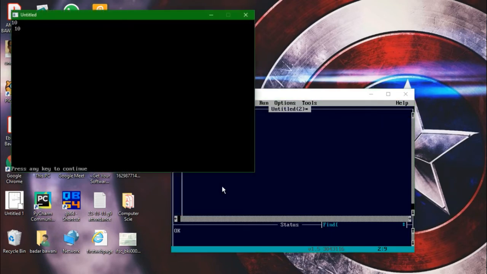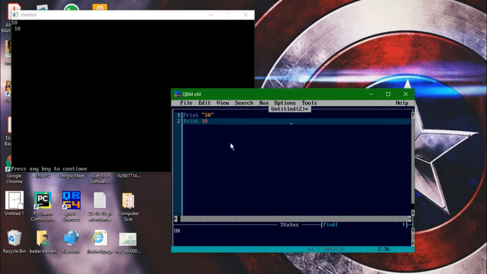Now what is the difference here? In the first scenario where the number 10 is in double inverted commas, this number is taken as a string, so we won't be able to do calculations with it. The bottom one, print 10, can be used as a number and can be used for calculation.